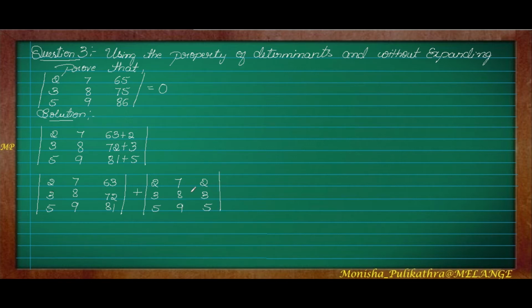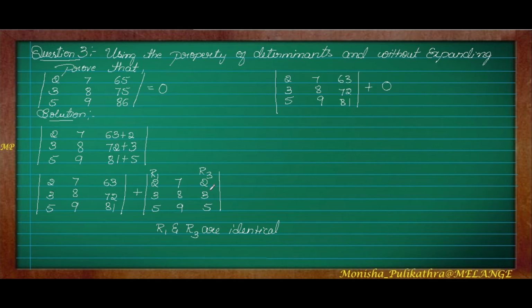Next, we can notice that 2, 3, 5 and 2, 3, 5, that is row 1 and row 3, are identical. If two rows are identical, then by the proportionality or repetition property, this whole determinant will become 0. So this determinant stays as it is: 2, 3, 5, 7, 8, 9, 63, 72 and 81 stays as it is, but the second determinant becomes 0